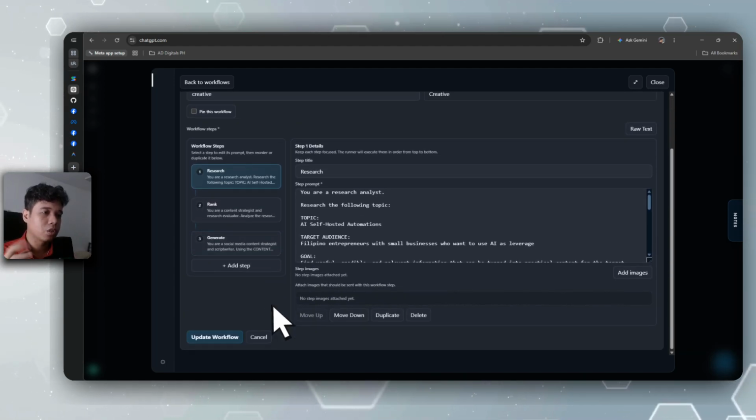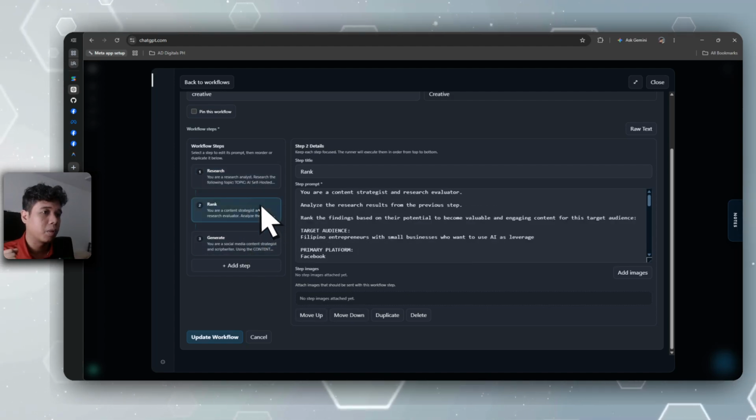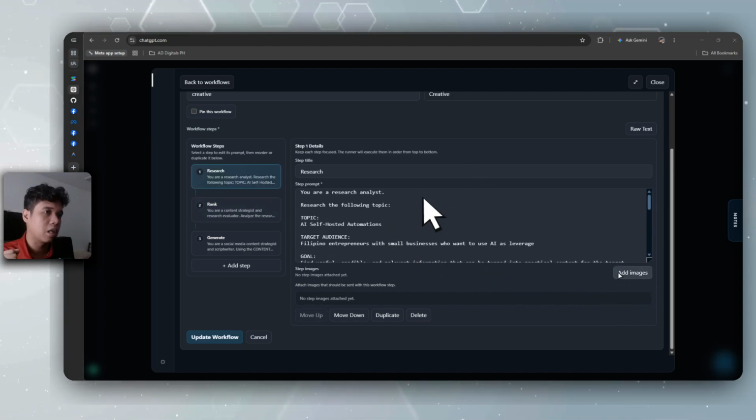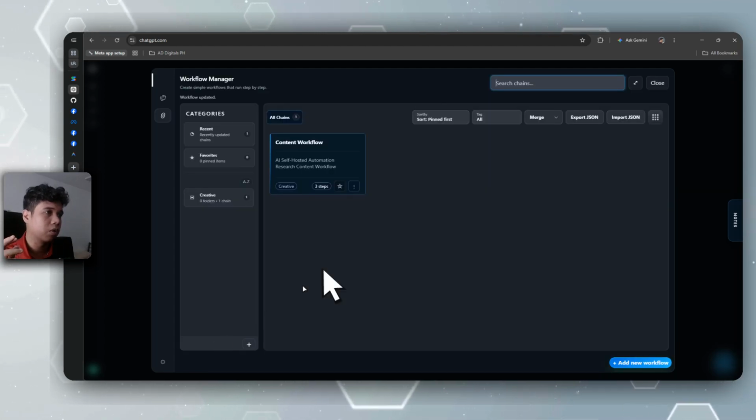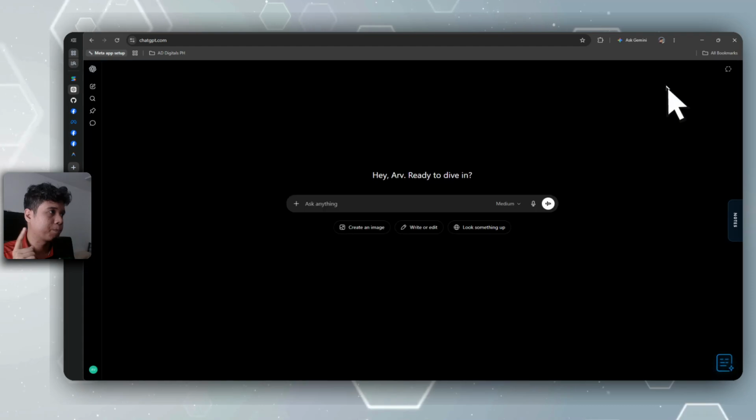correctly. So, yep, even sa mga step-by-step prompt, sa prompt chain, you can add images as well, but I'm not gonna do that. In this case, I'm just gonna update the workflow. Boom, we have our workflow here. Now, paano ba natin 'to gagamitin? Okay? We will use this, of course,